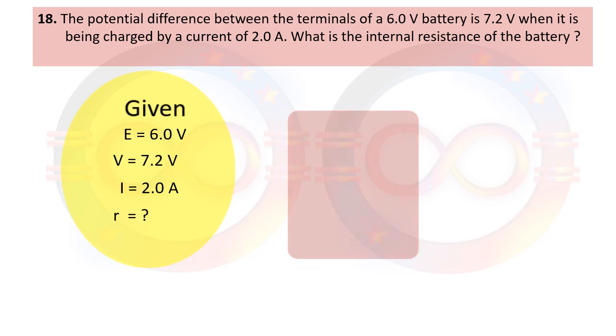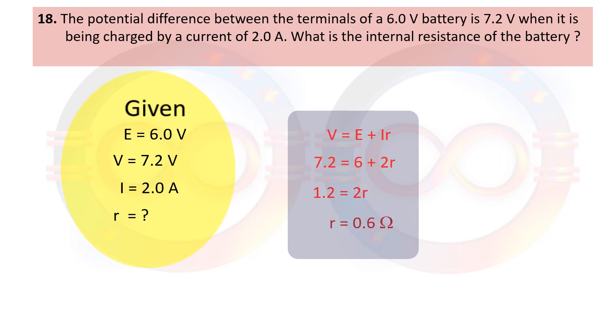We have to calculate the internal resistance. We can use the same formula, but for charging it is E plus Ir. For discharging, meaning when current is drawn from the battery, it is E minus Ir, but when current is given to the battery, it is E plus Ir. So V is 7.2, E is 6, and 2 into r, and after calculation